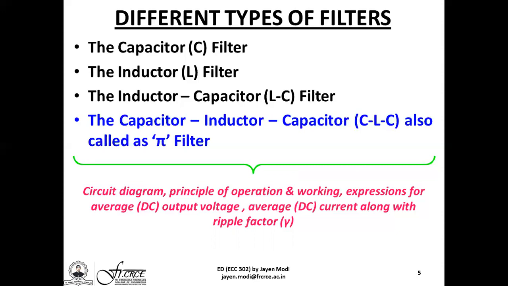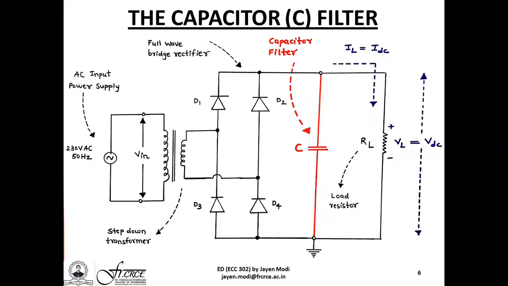So prior to this, we had already covered the capacitor filter, the diagram of which is as shown. You have the capacitor element connected directly in shunt or in parallel with the load. For this particular capacitor filter, what we saw was that the ripple factor was inversely proportional to the load, meaning the capacitor filter worked very well if the load RL was extremely high.